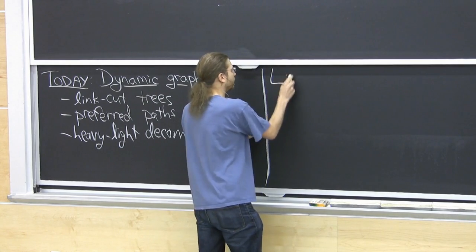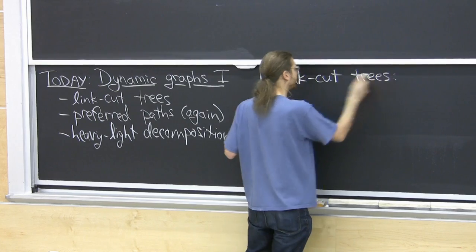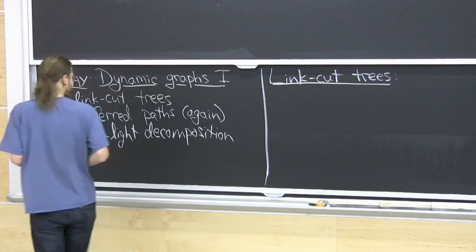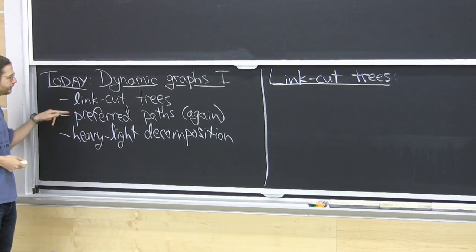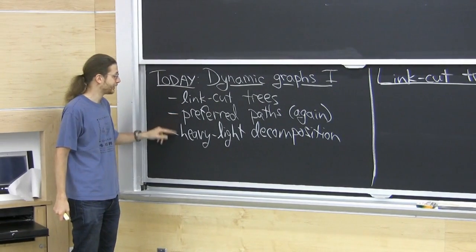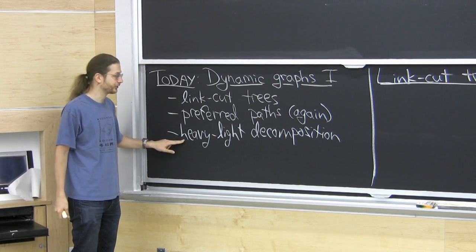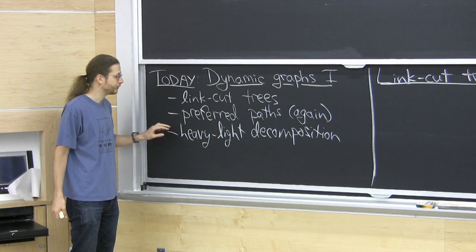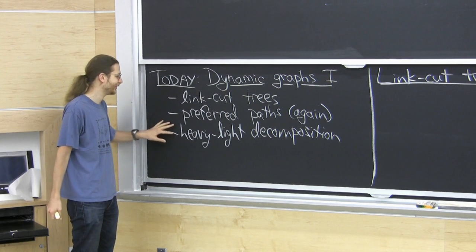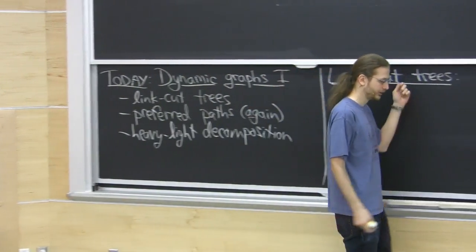So that will be our only data structure today because it's a bit complicated. It's going to use some fancy amortization and two techniques for splitting trees into paths. One we've seen already in the context of tango trees in lecture 6, preferred paths, and another which we haven't seen is probably my favorite technique in data structures, actually, heavy light decomposition. It's the technique in data structures I've used the most outside of data structures. It's very useful in lots of settings. Whenever you have an unbalanced tree and you want to make it balanced, like with linked cut trees,